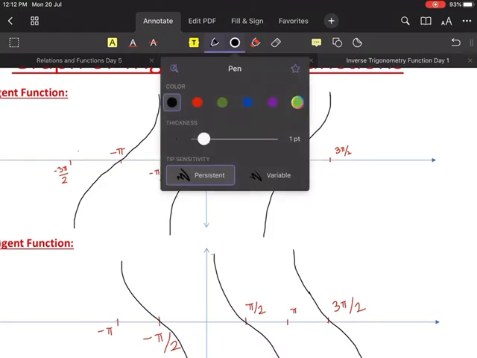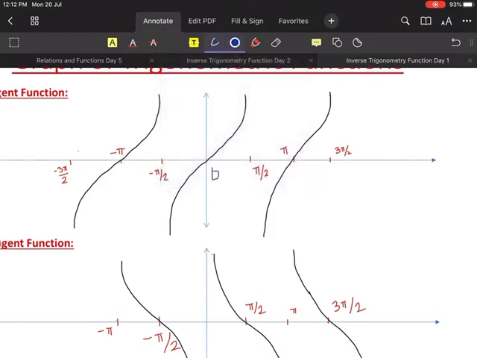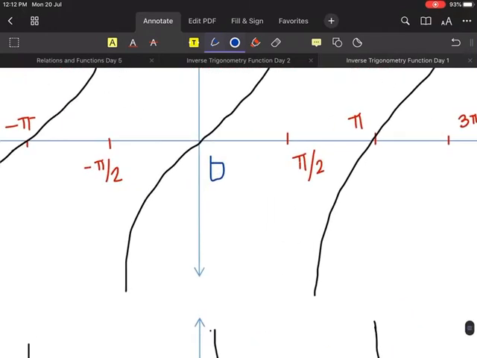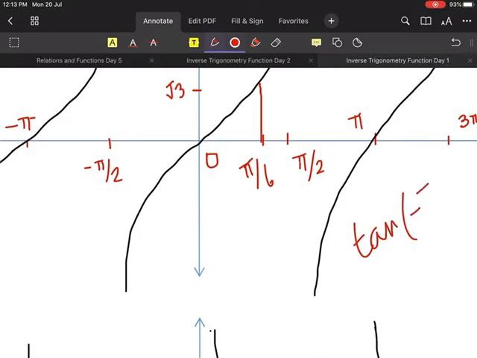Tan 0 is equal to how much? 0. Very good. That's why I'm writing 0 here. Tan 0 is 0. Very good. So I'm writing 0. Can anybody tell me what tan 60 degree is? Very good. Tan 60 is root 3. So I have root 3, so this length is our root 3.